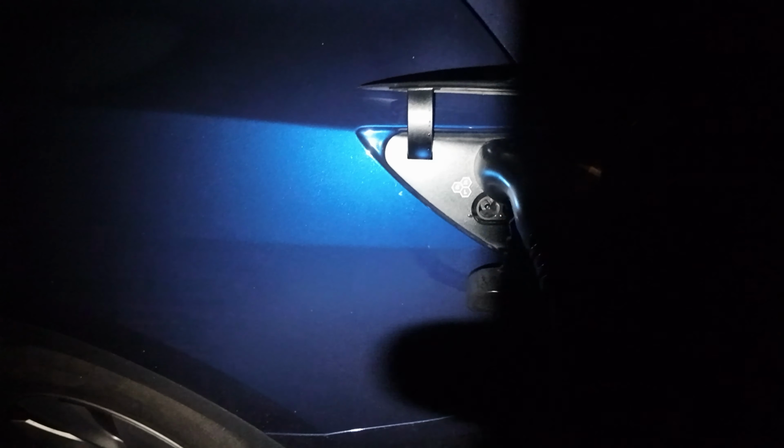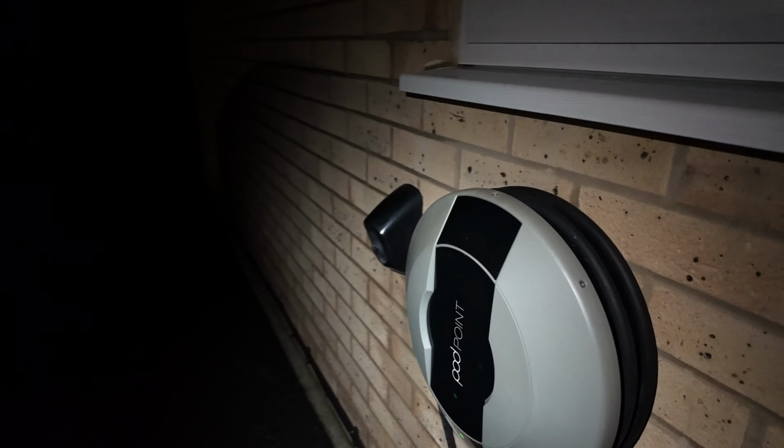I'll open up the Model Y there and I'll plug it there. All plugged, all good, all ready to charge. There you go, it's charging. So my point is, there's nothing wrong with the port point. Everything is fine. But for some reason,